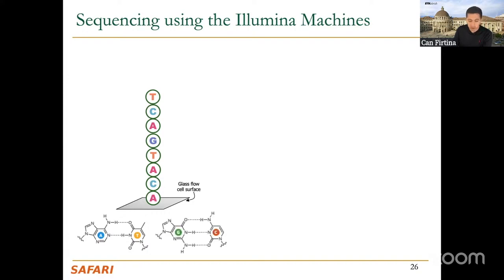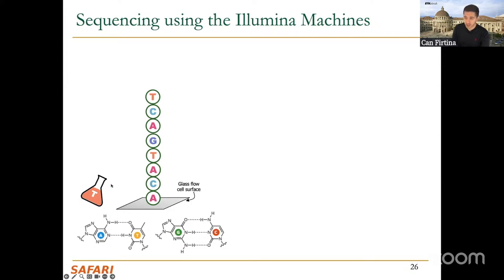Another step of information that we already talked about is the connection between the nucleotides. So adenine A will connect to thymine T, guanine G will connect to cytosine C. That we know. So that's the second level of information that we need to introduce. Knowing this connection information, what we can do is, as this DNA stands like this on the glass surface, we can release